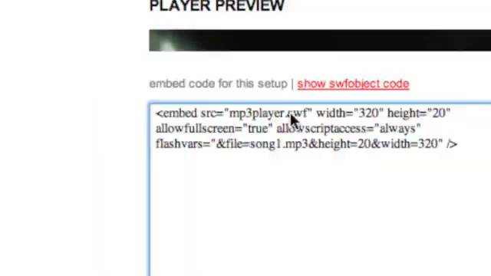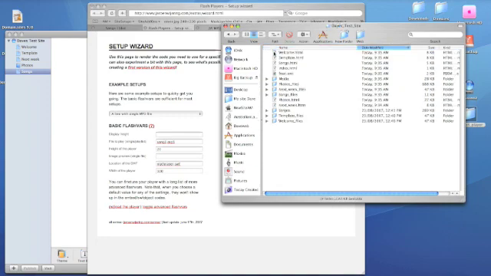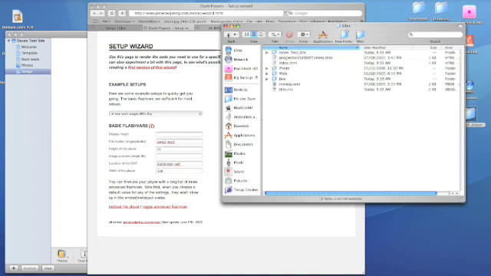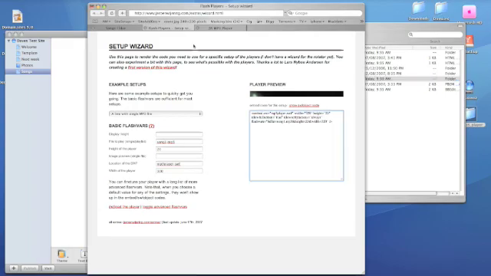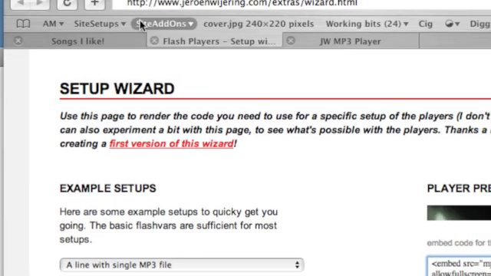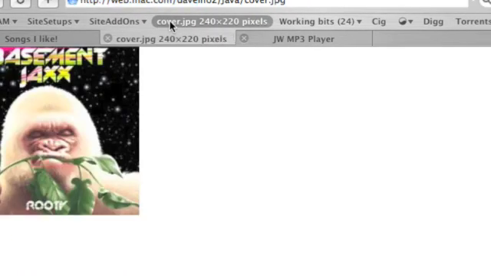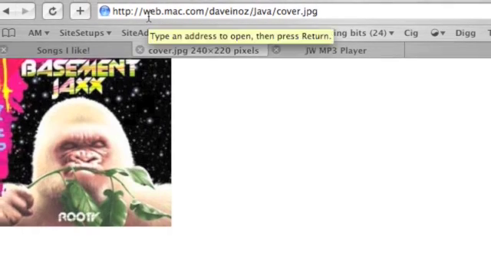Now that we know that, when we look at the pathway in the site itself, that would be right if it was in exactly the same level. If it was somewhere within Dave's test site, that path would be okay, but it's not. So we need to know what the path is to the Java folder. Now I'll show you what that path is, because it just so happens I've done it here. There we are. Now what the path is, it's